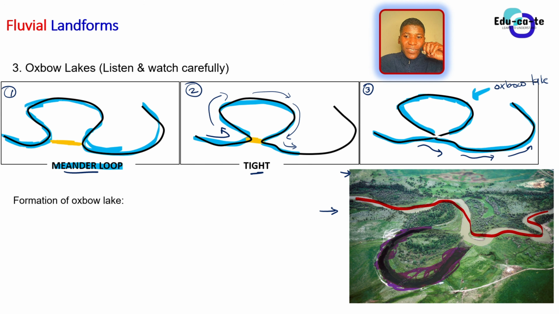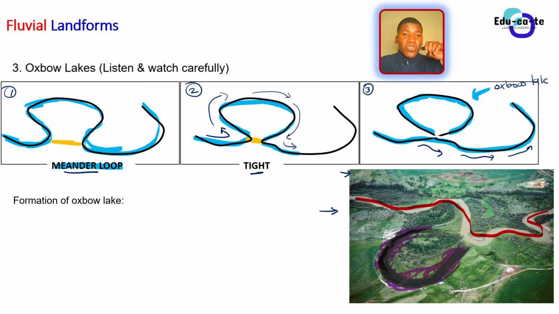It's a lake because the water is no longer flowing anymore. It's just water that is standing, because a lake has water that is not flowing to other places. It is just water contained within that space. So the water here is contained in this small space, and this is known as an oxbow lake.